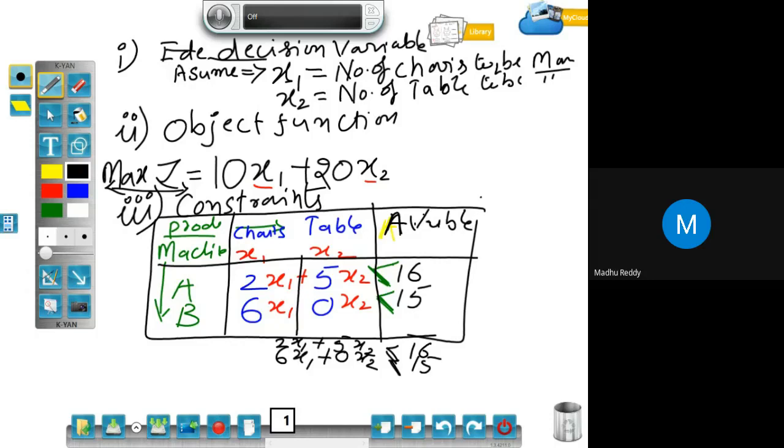Here we got the number of hours, which is 16 hours, that's done, that's fine. The company is going to manufacture something, that is X1 products and X2 products. Suppose the company is not manufacturing anything. If the company is not manufacturing the chairs, what will be the value we can give to X1?